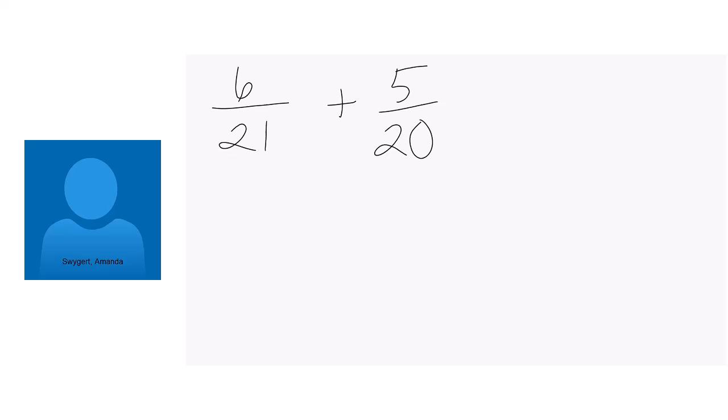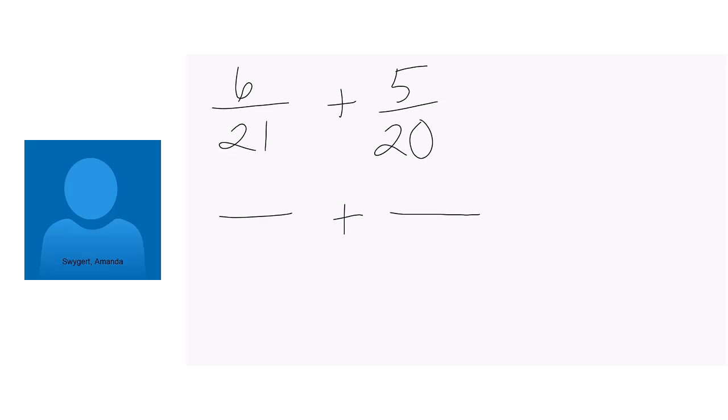I need common denominators. I do not feel like counting by 21s and counting by 20s until I get to something common, and I don't exactly know what it is in my head right now. Okay, so this is where I say you can try to get least common denominator, or you can just get common denominator. Does anyone know the easiest way to just get a common denominator? Multiply them together. You got it. Very good. Okay, so when in doubt, multiply them out. That's all you need to do.